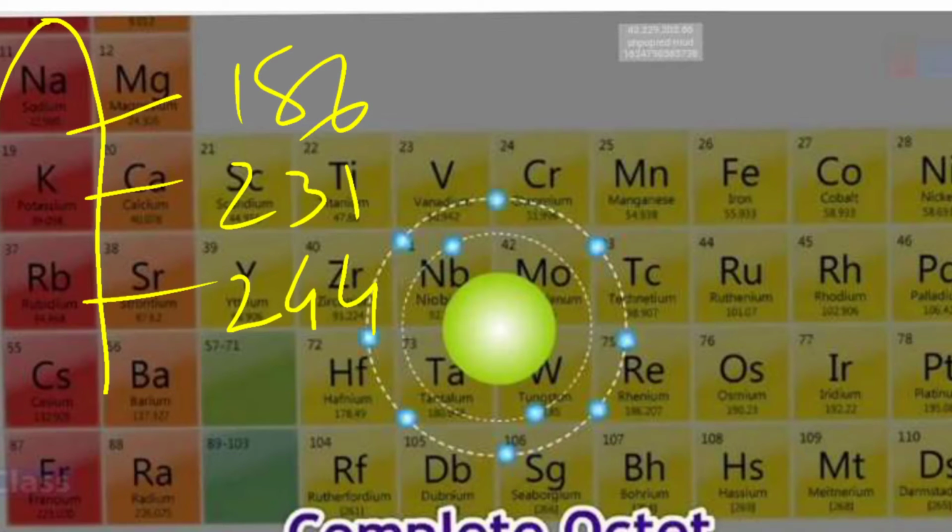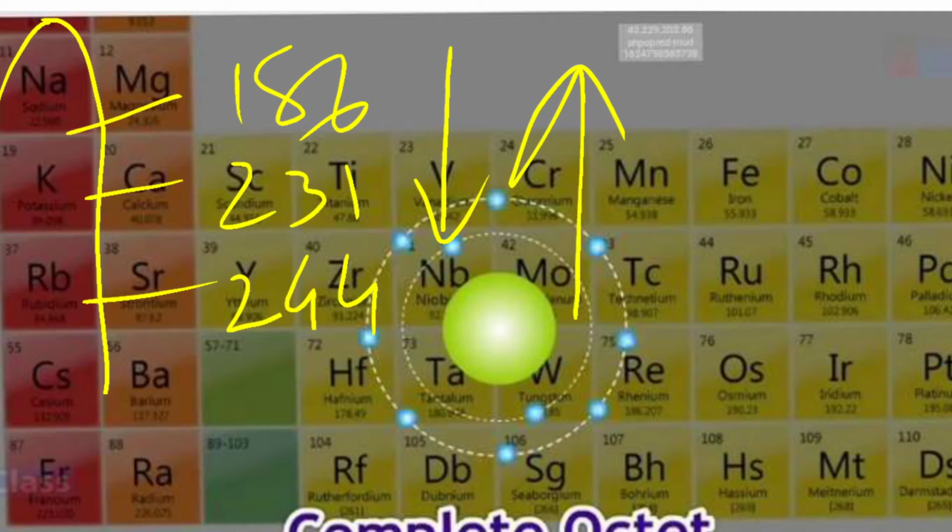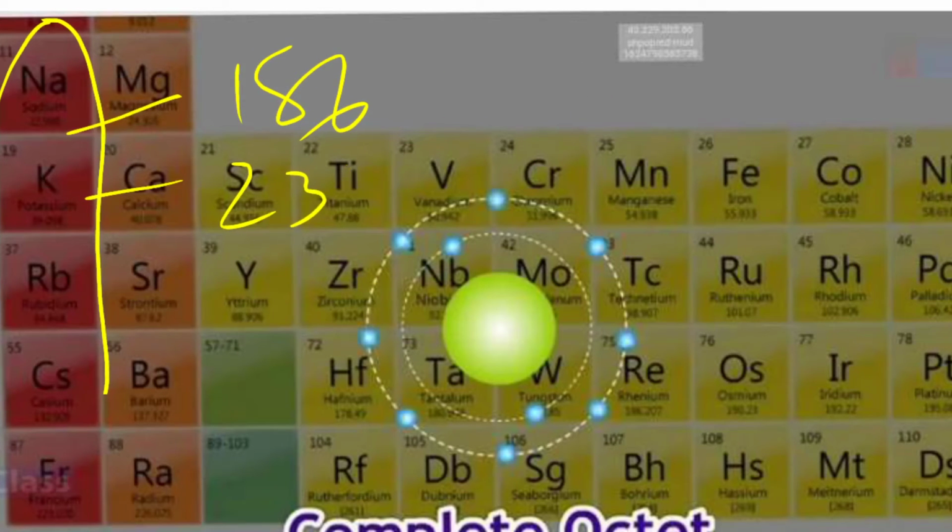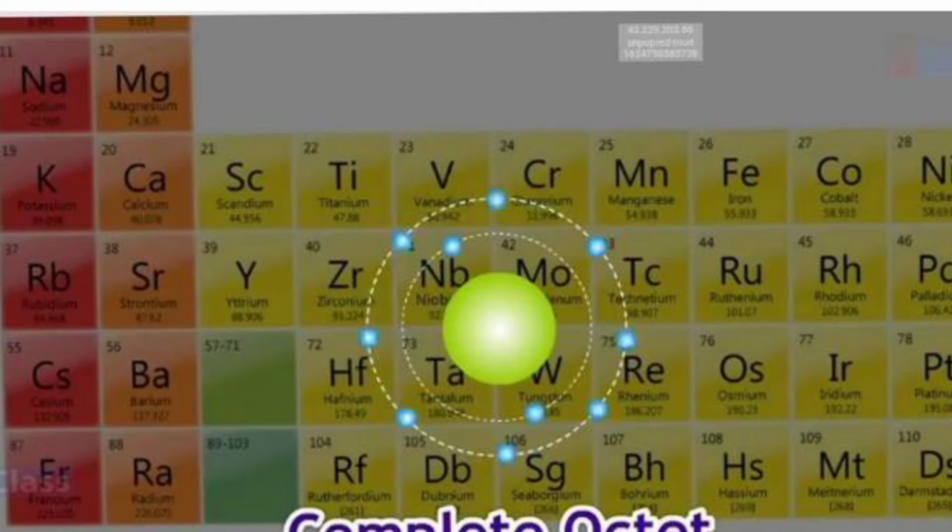So what is the periodic trend here? Observe, as you go down in a group, the atomic radius goes on increasing, correct? So that is the periodic trend of atomic radius. As you go down in a group, atomic radius increases, but when you move from left to right in a period, the atomic radius goes on decreasing. So this is all about the periodic trends of the atomic radii.